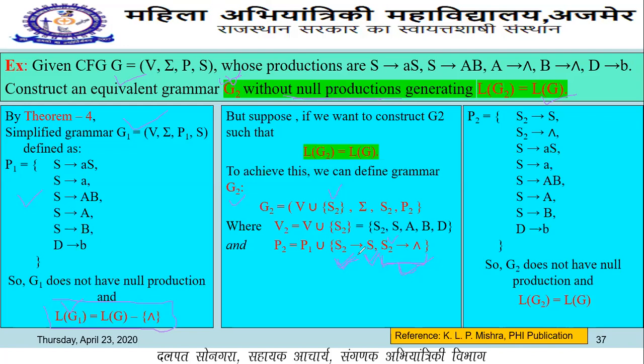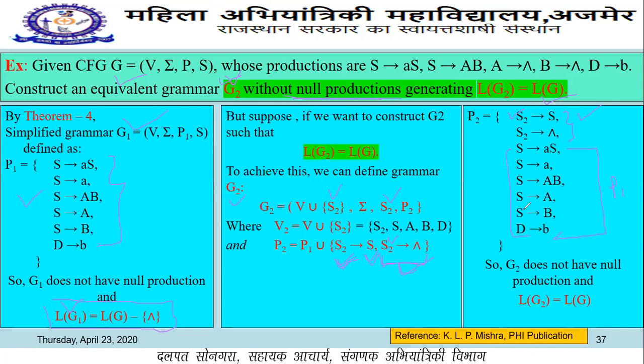Okay, so these are the corresponding changes in the set of productions P2 corresponding to the set of productions P1. All these productions are the same, as from P1, but here we include two new productions by using this new starting variable S2. By using this S2 we derive this S, and by using this S we reach all these productions, as according to the given grammar.